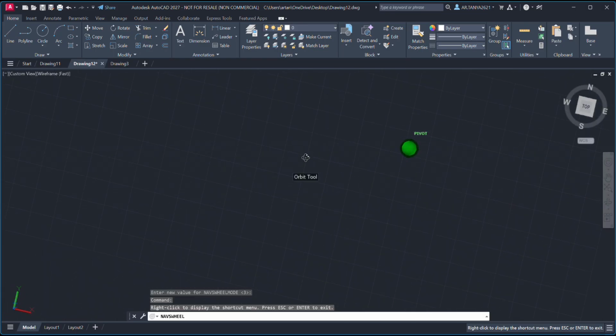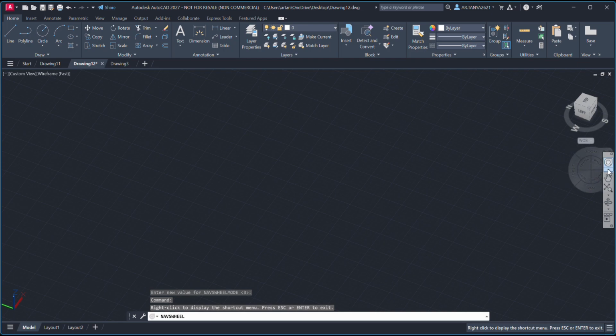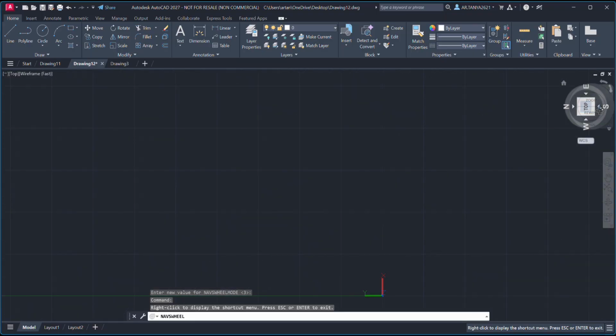If I select it as 2D wheel, it will only move in up and down direction, not in the 3D view. I am doing it by default top. So for 2D, we'll be spending most of the time in top view, but if I talk about 3D, the navigation bar becomes more important when we start working in 3D.